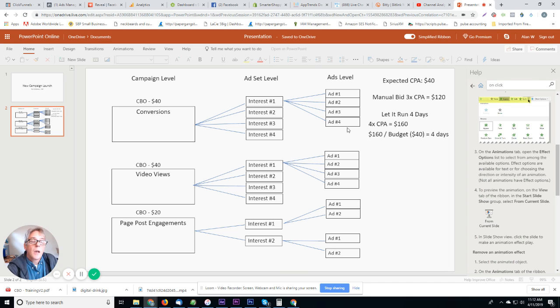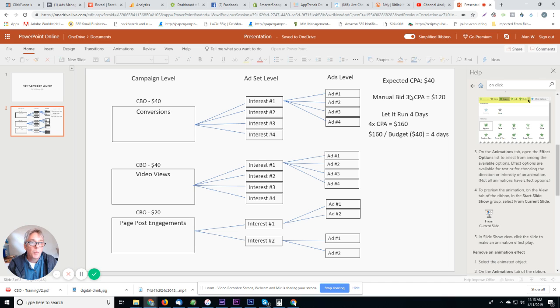So here's kind of the math behind it all, right? I'm going to expect a CPA, a cost per acquisition, a cost per sale, cost per purchase, CPP might be better here since it's a physical product, of $40. That's my break-even point on it. So I'm just going to go with that. I don't know what the results will actually be. We'll have to find out, but yeah, I'm going to use my break-even. If I spend $40 and get 1 sale, it's a break even, right? So